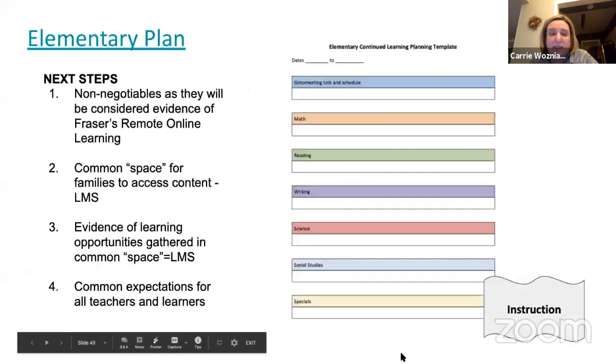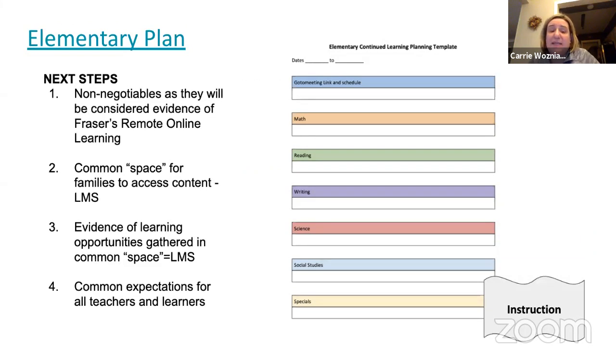Next slide, please. And then at the elementary, one of the pieces of feedback we got from our elementary families was that they really wanted a common space with its learning set up in a very clear way.